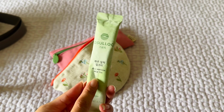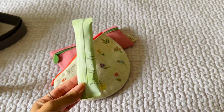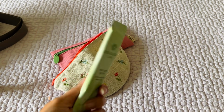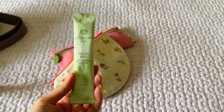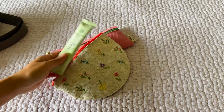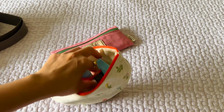So it has your matcha, it has like the milk tea, and it does have sweetener. So if you don't really like your matcha sweet, I would not advise this. But this is just a great pick-me-upper. It can come off a little too sweet for some people's likings, but what I do is I will add